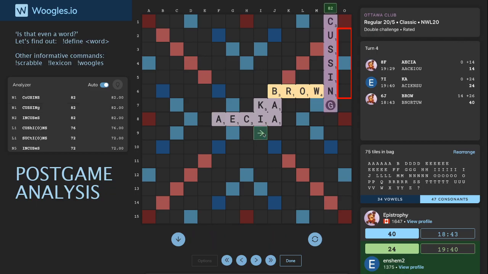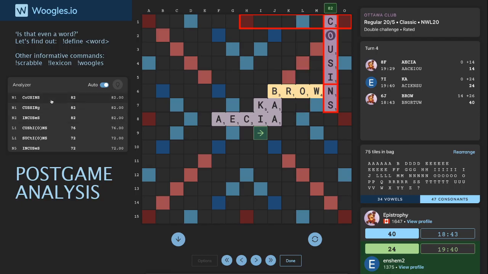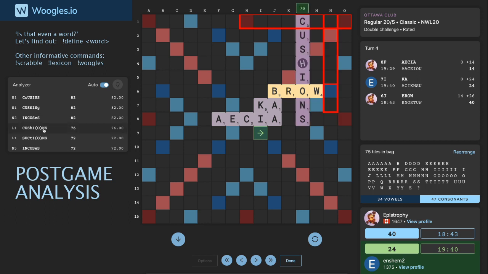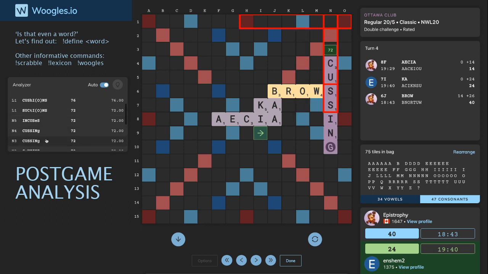Yeah, as we identified earlier, my opponent just misses the end spot there. I mean, maybe it's deliberate if you are really paranoid about stuff like that, but I think in most cases, like the C isn't going to be a tile you worry too much about in that spot. I like some of these alternatives, though. Cousins, cushions, suctions. Anyway, the key to it is that my opponent does have something. And